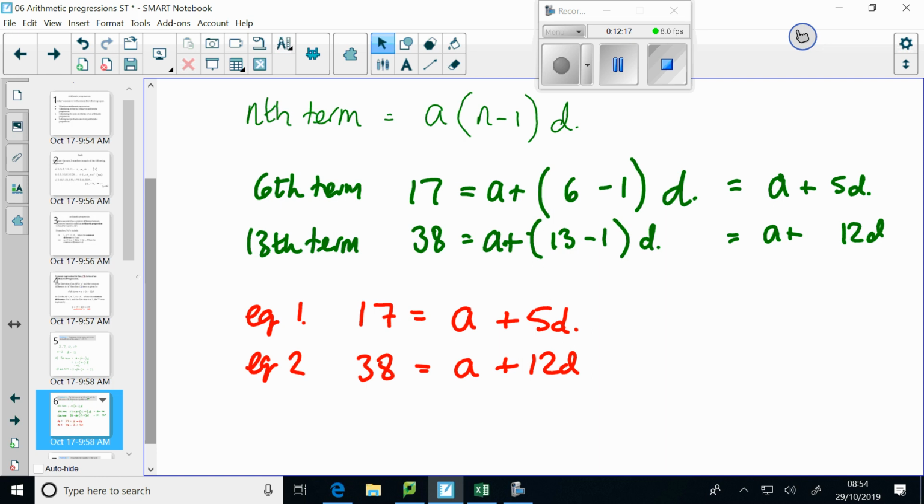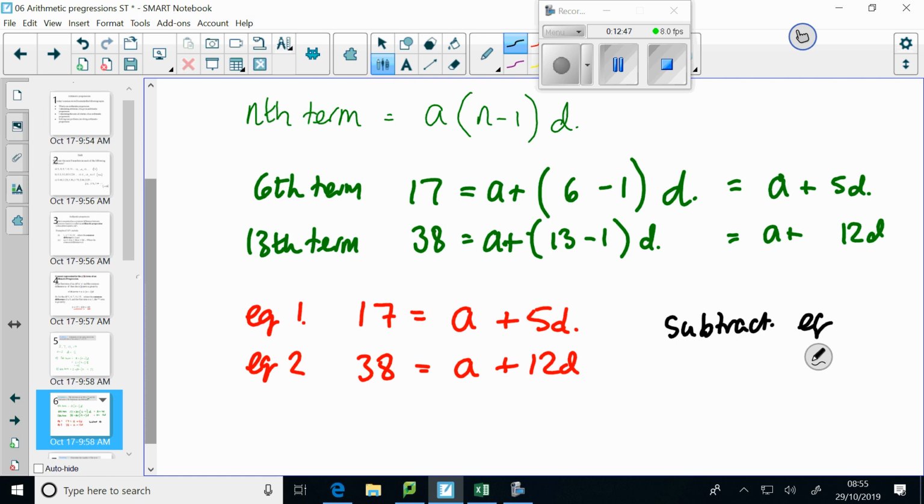We need a way to get rid of one of these two unknowns, so we've only got one unknown. What can I do? Subtract